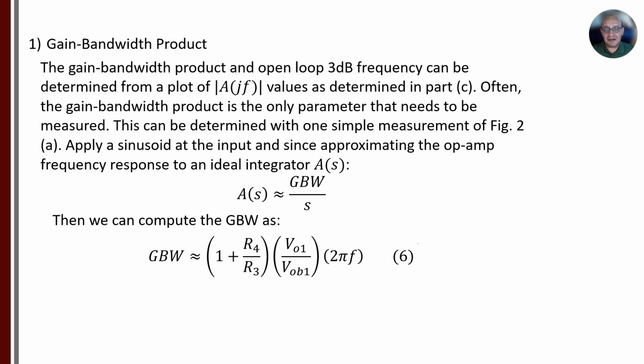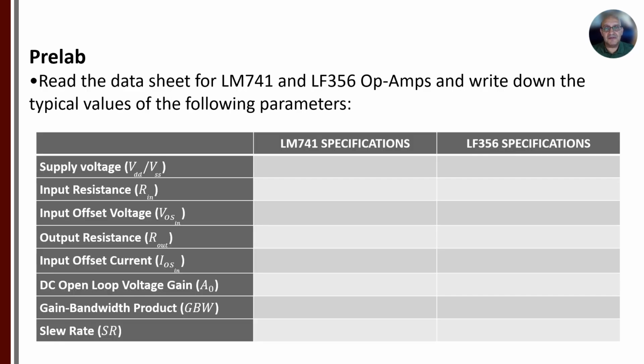Still, we have here an equation that we can use and have an indirect measurement with any of the 2 previous slides, or we can attempt to measure it directly, right, by finding the point in which the gain is 1, right? You remember this is the open loop gain, the gain from input of the amplifier to the output of the amplifier. For the pre-lab, the first step is to find in the datasheet of the 741 and the